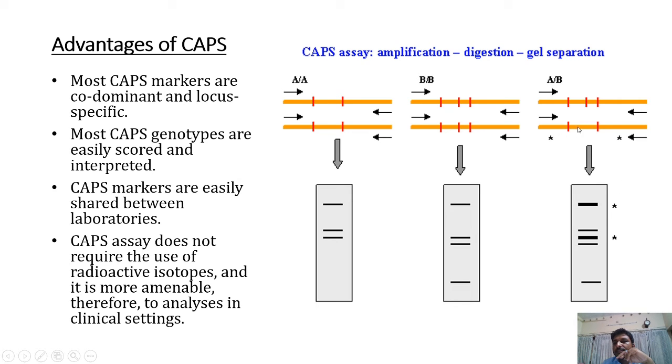But in the case of allele B, there is one more restriction site inside it, that is this one. So this fragment severs into two in the case of allele B, that is this one and this one. So altogether this is one band, second band, third band, fourth band and fifth band. So altogether you can expect around 5 bands in the gel. 1, 2, 3, 4, 5.